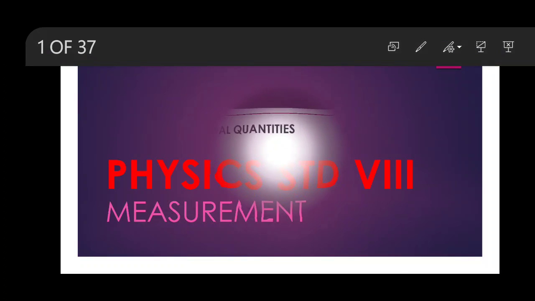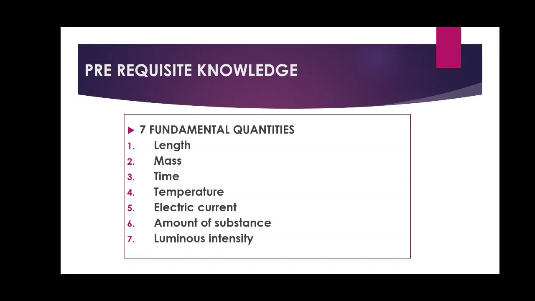You all know the 7 fundamental quantities: length, mass, time, temperature, electric current, amount of substance and luminous intensity. Length, the SI unit is meter. Mass, the SI unit is kilogram. Time, the SI unit is second. And temperature, the SI unit is Kelvin. Today, we are going to discuss in detail about electric current and the circuit diagram and how to measure electric